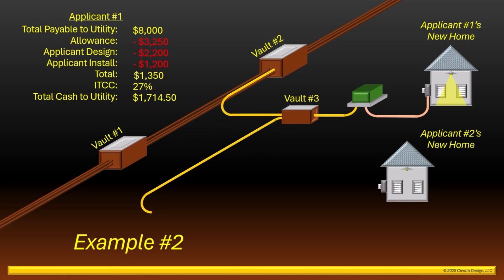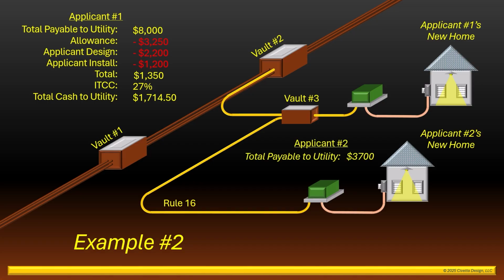Let's assume that happened. Within the following year and under the provision of Rule 16, applicant number 2 constructed a new home and connected a new service to the electric distribution system. Since most of the electric infrastructure utilized was already installed, applicant number 2's expenses were substantially less. After the design and engineering was completed, a total payable to utility of $3,700 was determined. And once the standard residential allowance of $3,250 was applied, along with an applicant design credit of $1,000 and an installation credit of $600, applicant number 2's project resulted in a total excess cost of